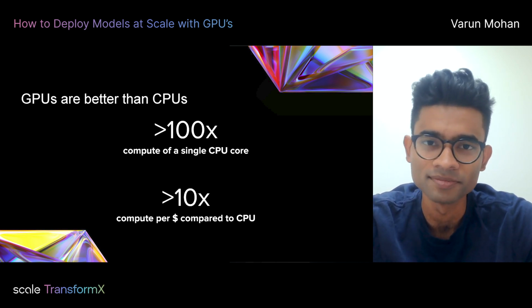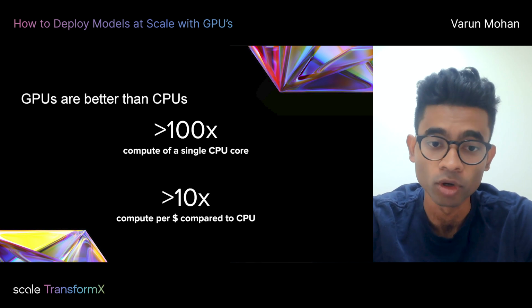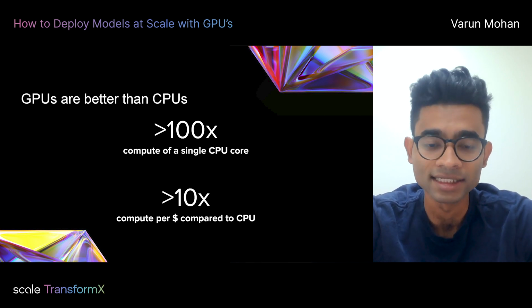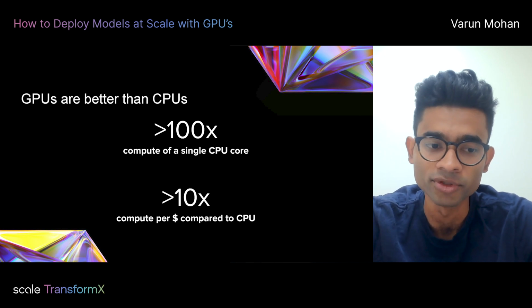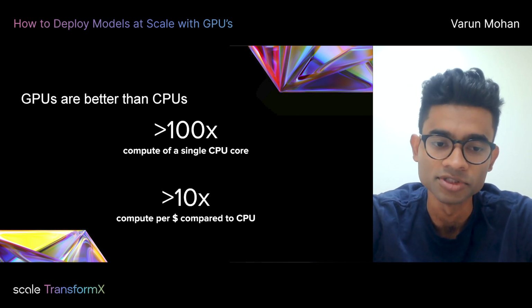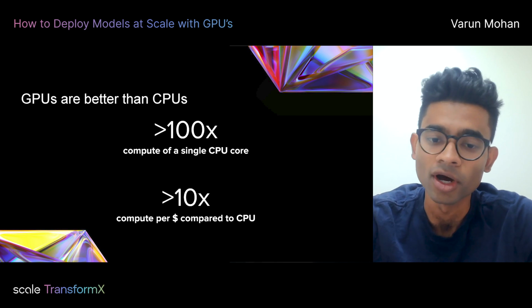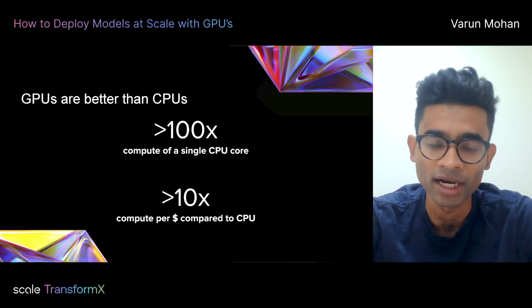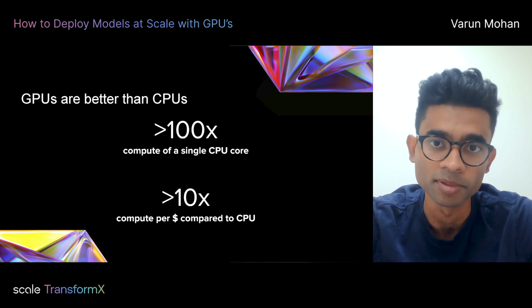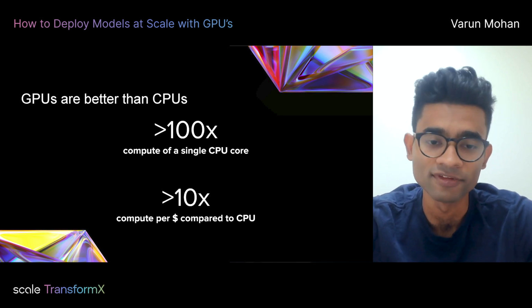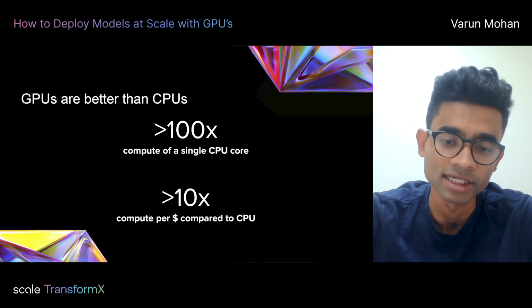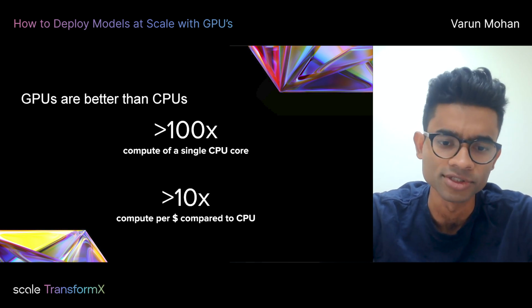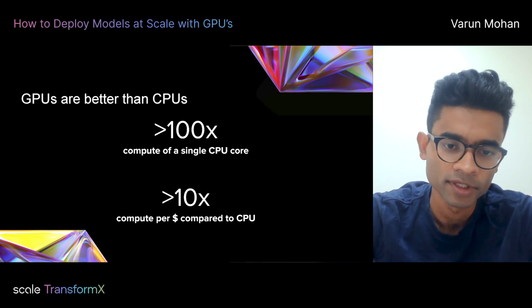There are maybe some other things to think about, and we'll go over details of why batching is so important. Even though GPUs have 100x compute, the memory bandwidth that a GPU has compared to a CPU is not like 2 orders of magnitude more. Depending on whether you're using an inference or a training chip, it might be an order of magnitude. Because of that, you can see a lot of cases where GPUs are not worth it if you're not taking full advantage of the compute. We'll talk about some approaches later on.